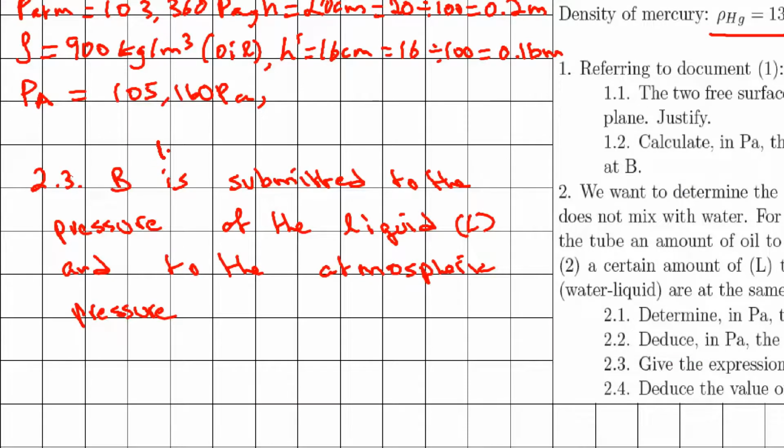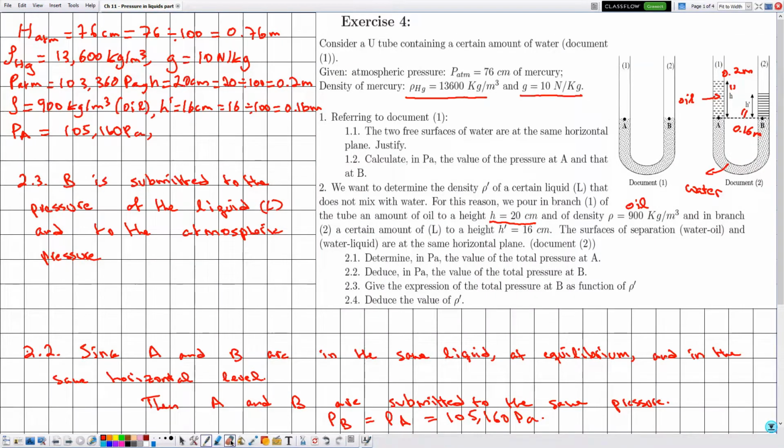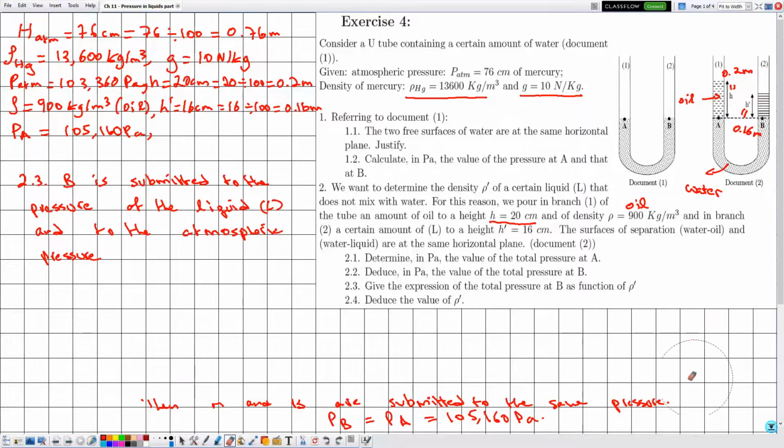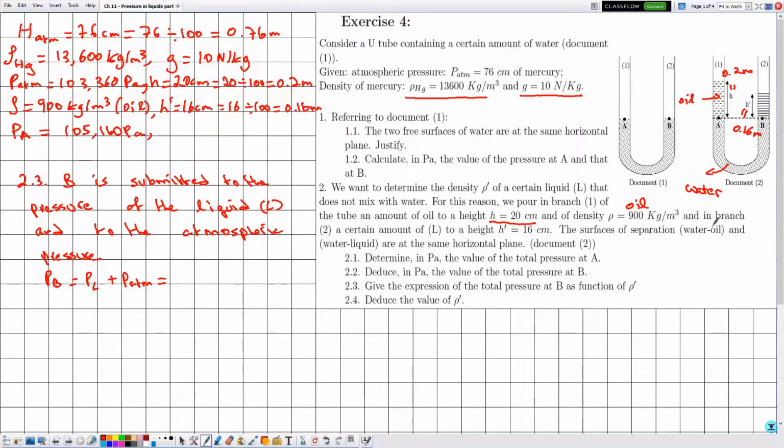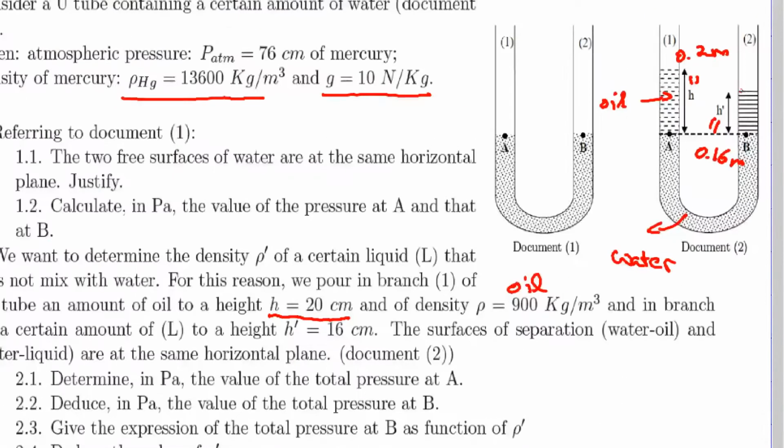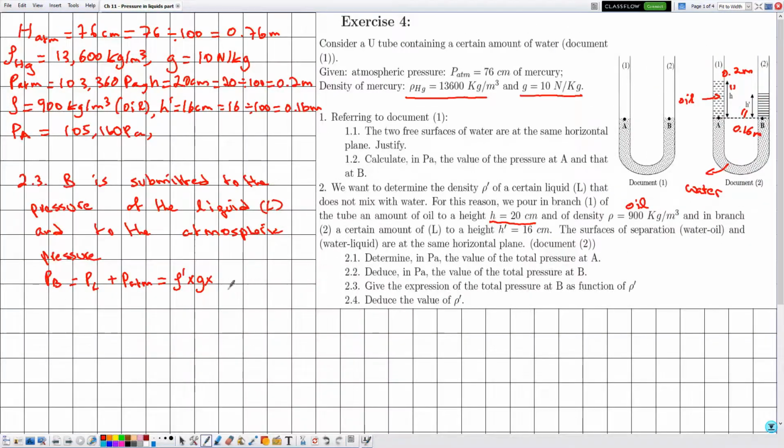They usually give half a mark for this statement. Then the pressure at the point B is equal to the pressure due to this liquid, which is denoted by PL, plus the atmospheric pressure. Since this is the pressure due to a liquid, it is given by the density of the liquid multiplied by g multiplied by the height. The density of this liquid is denoted by rho prime, multiplied by g, multiplied by the depth at which we are calculating this pressure, which is denoted by h prime,